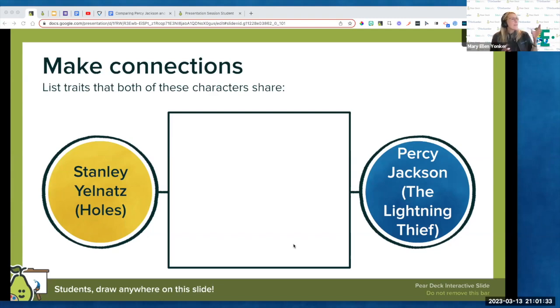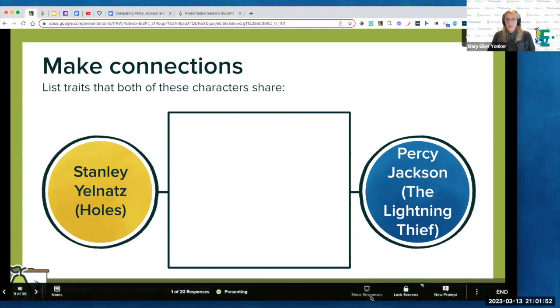So I pulled this Making Connections from one of the templates that Pear Deck provides. And then I added the names of our characters. And I made this a drawing slide. Drawing slides allow you to draw, but you can also drop in that text box if you'd rather type. Now, down at the bottom, I've got my show responses. We've already looked at that a couple of times, but to the right of show responses, you're going to see